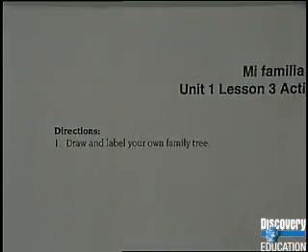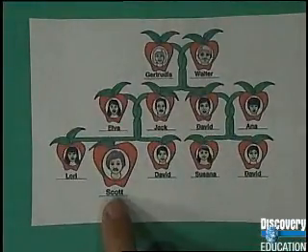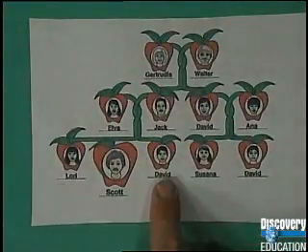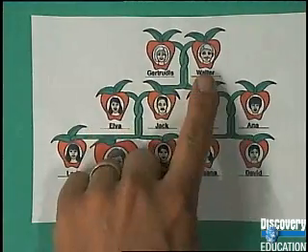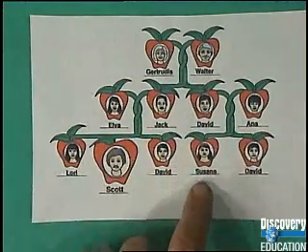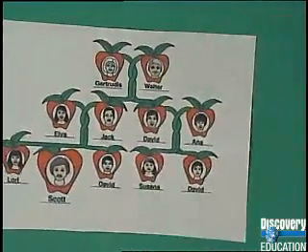your own family tree. Now you know, the great thing about this is when you draw your own family, it might not be the same as everyone else's. It's going to be uniquely yours, and it's not going to be wrong because it's your family. If I was going to do mine, I'd probably do something that looks kind of like this one that I worked on. Aquí estoy yo, Scott, mi hermana, hermano, mi papá, mi mamá, mi abuelo, abuela, tío, tía, prima, primo. Those are all of my family members, so I'd probably draw some of those people on my family tree.